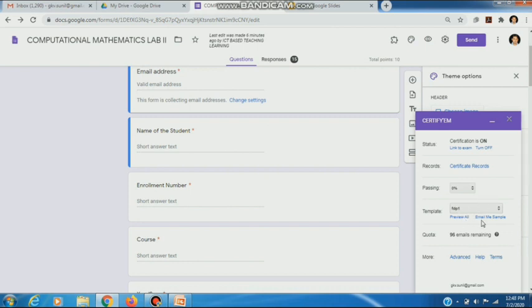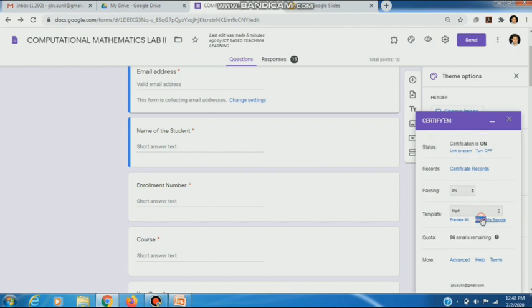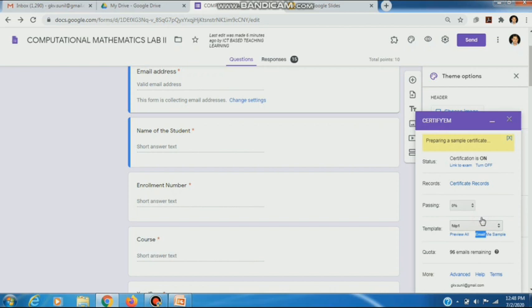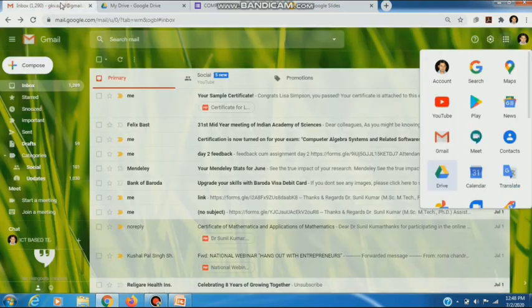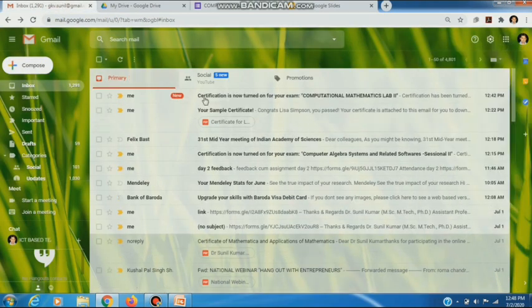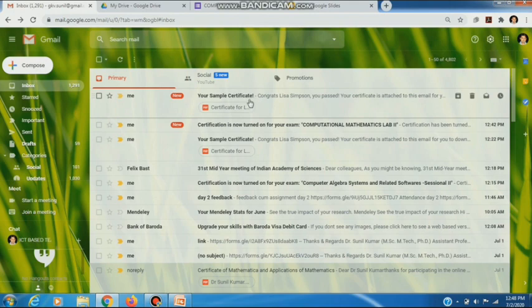Now I click on email me a sample. Then a sample copy will be sent to my email. It is preparing a sample certificate. When it is prepared, it will show that a sample certificate has been emailed to you. Now I check my email. A new email.